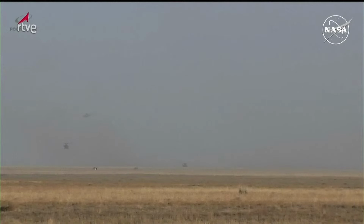You can see in this view on the horizon there are ground-based vehicles making their way towards the spacecraft, as well as the first in a series of Russian Mi-8 helicopters that will be landing. These are the initial recovery personnel from RSC Energia to begin the process of ensuring that the vehicle is safe and no toxic gases are escaping, and then we'll begin the process of opening up the hatch to extract the 3